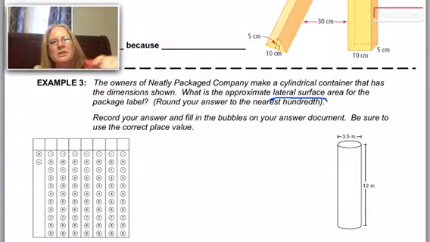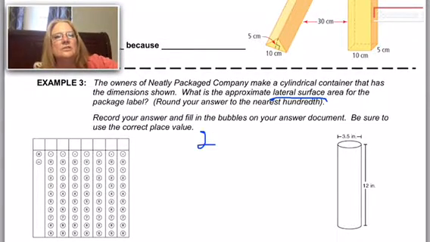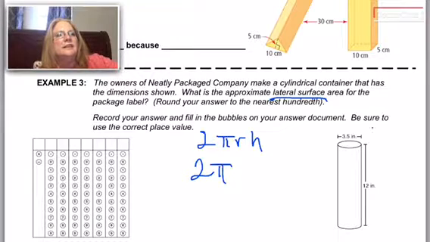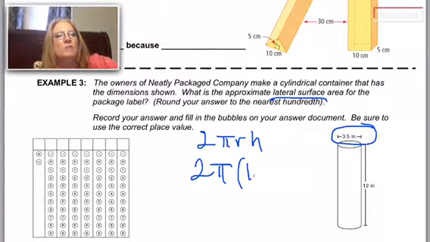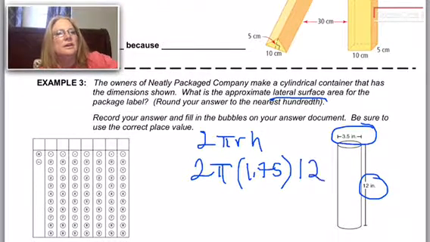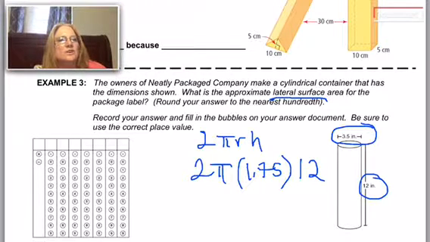So here the formula is 2 pi r h. And so this is 2 times pi. They give us the diameter. They don't give us the radius, so we need to divide that by 2, and that's going to be 1.75. And then the height is 12. And so we're going to multiply 2 times 1.75 times 12, and we're going to get 42